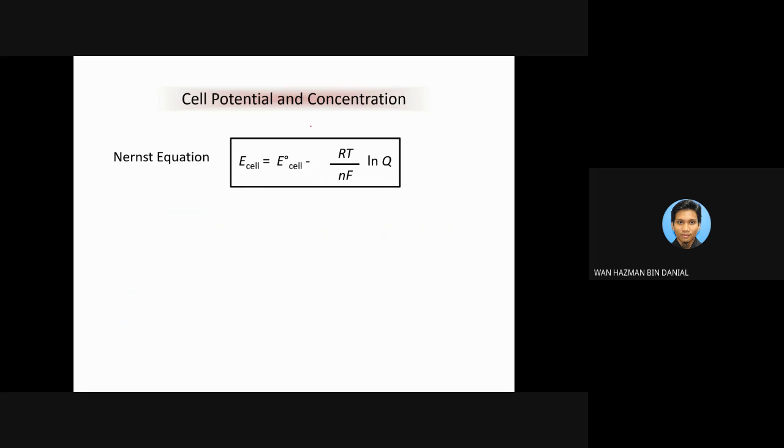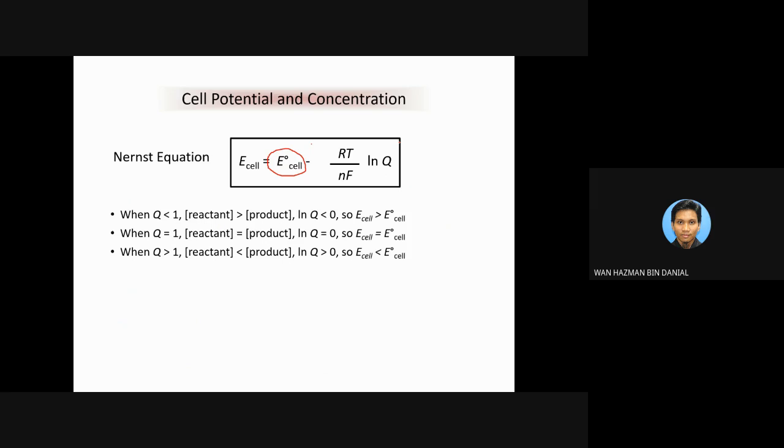Dia ada pembetulan sikit lah. It means that dia ada kiraan tu berbeza berbanding dengan standard. So yang ni adalah standard. So sama ada dia lebih tinggi ataupun lebih rendah. Okay. So dia bergantung kepada this equation lah, this which is Nernst equations. Okay. So kalau kita ada Q